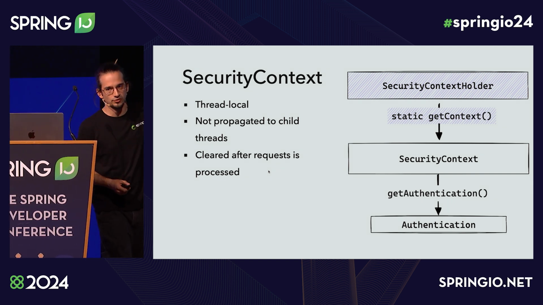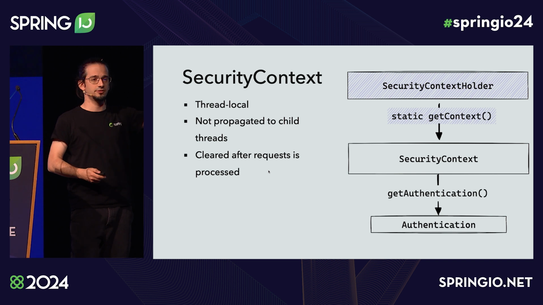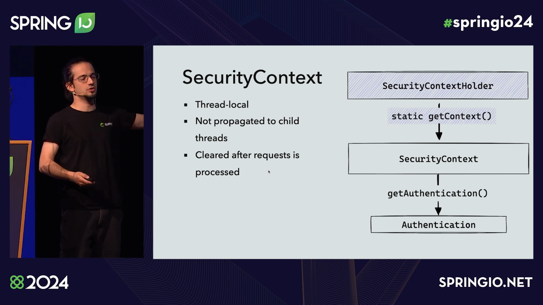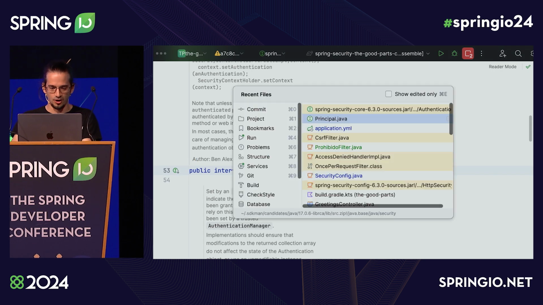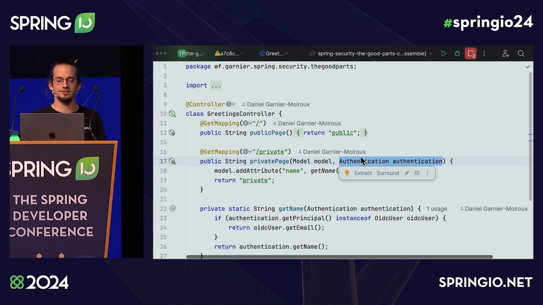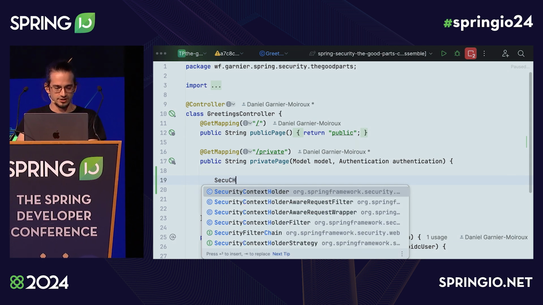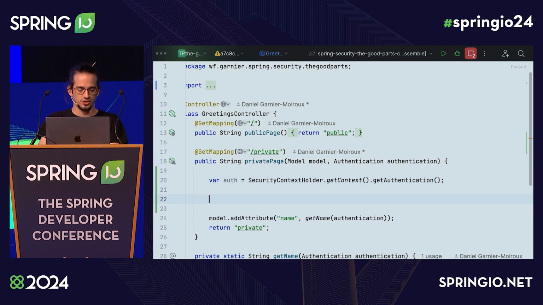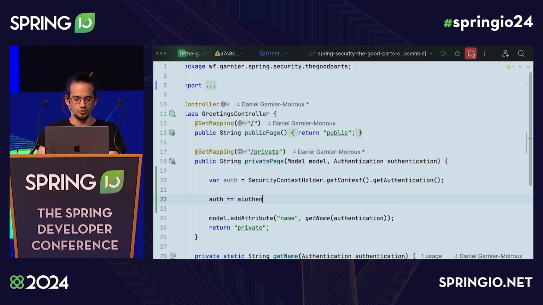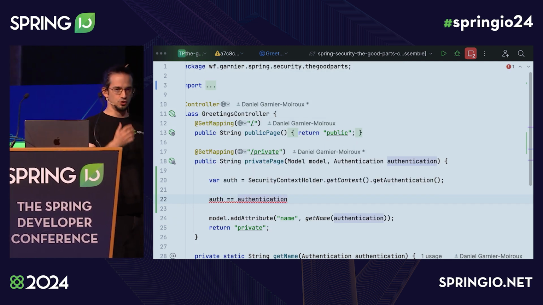So there's a SecurityContextHolder class that has a getContext method, a static method, that returns a security context which contains the authentication. So basically, in our controller, we injected the authentication object, but you could get it from the SecurityContextHolder, getContext, getAuthentication. That's an auth object, and here auth is strictly equal to authentication. So this might be useful to you